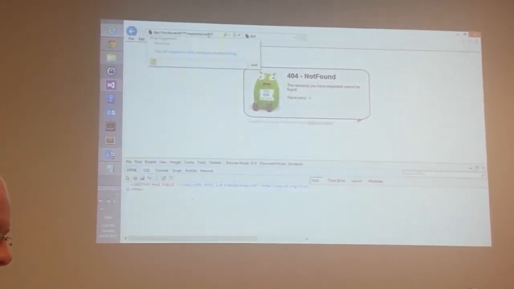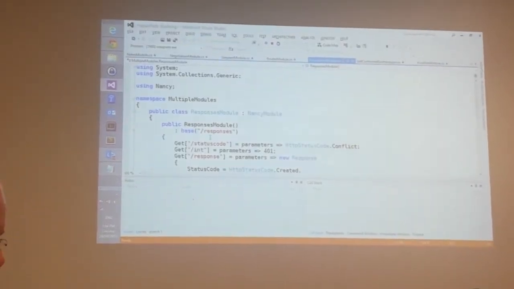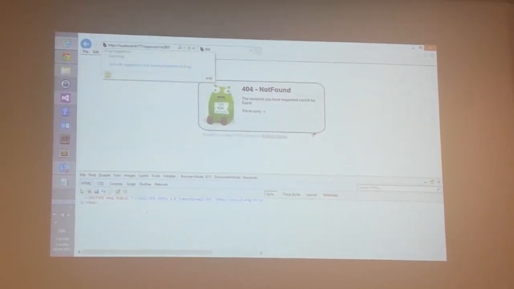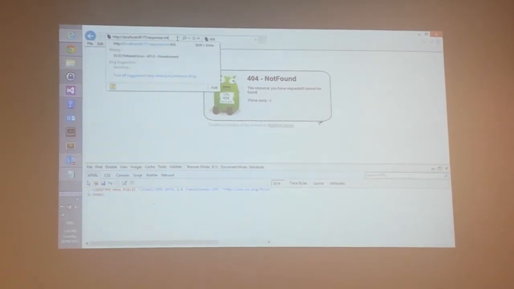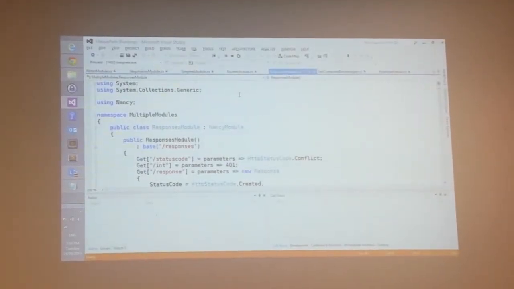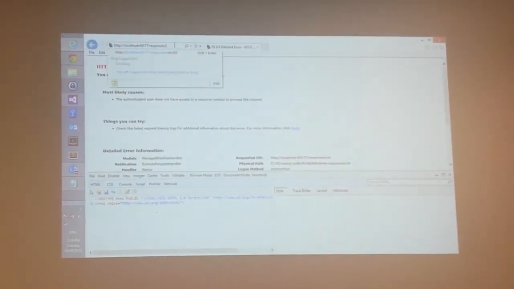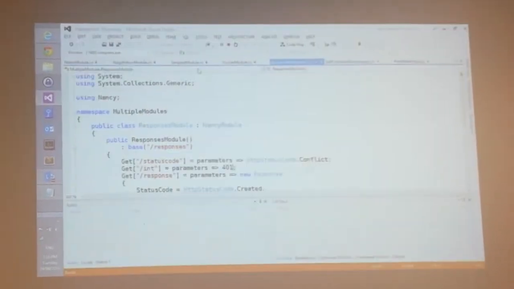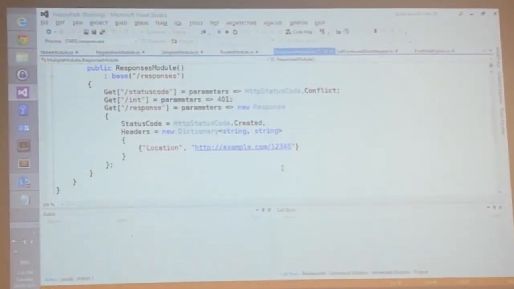Sorry. 404, what do I do? Oh, slash int, duh. You knew that. Thanks for helping. I don't want to pass a parameter. Thank you for helping. Oh, look, that's better. Is that better? 401. Status code. 409. So you can see we're just setting whatever we want in here and bringing it back.